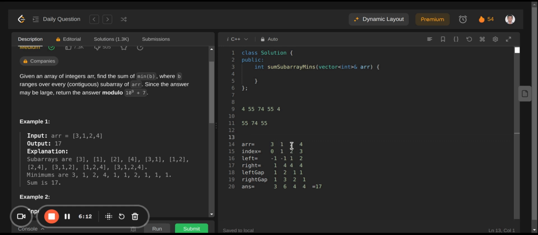For 2 also, 1 is the nearest leftmost element. So that's why I assign it as 1, and for 2 there is no element in the right that is smaller than 2, so I assign it as 4. In the same way, for each of the elements I find out the nearest left and nearest right. Okay,